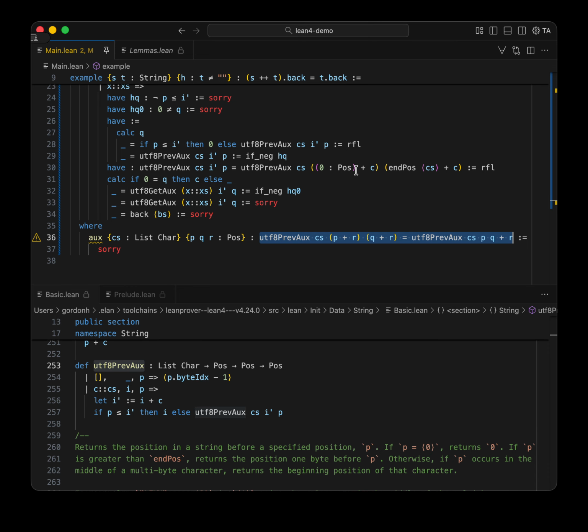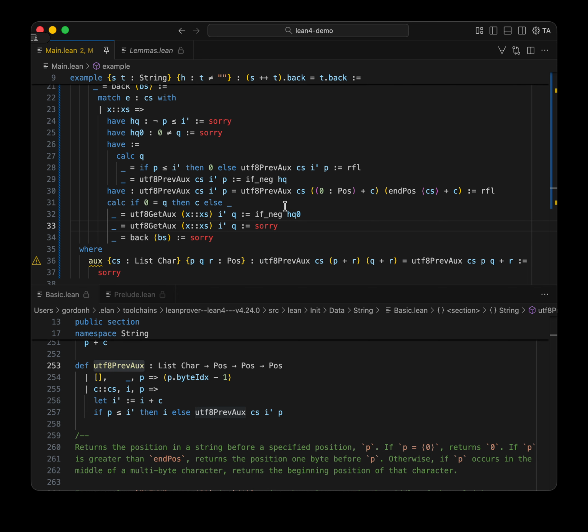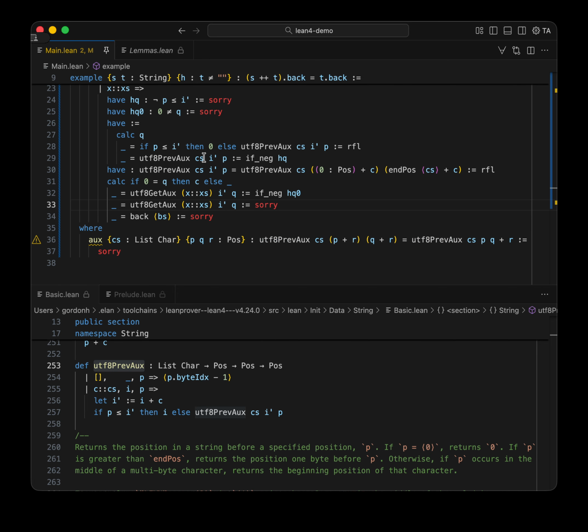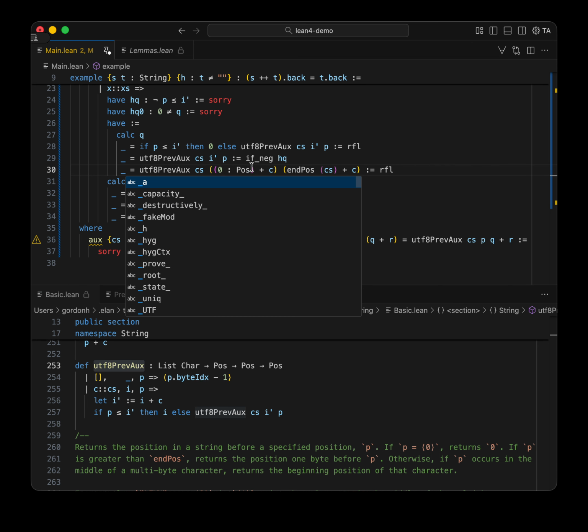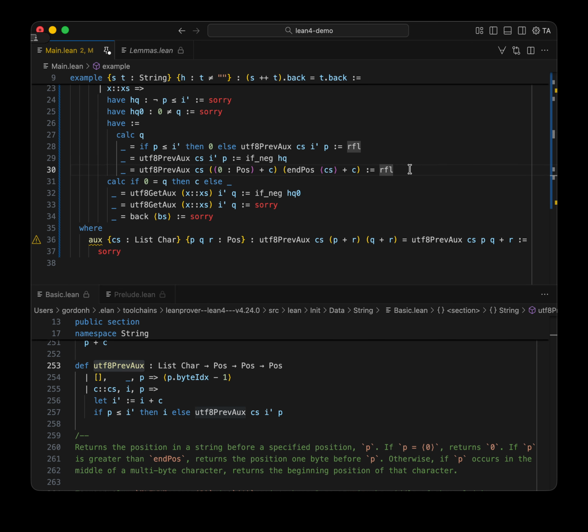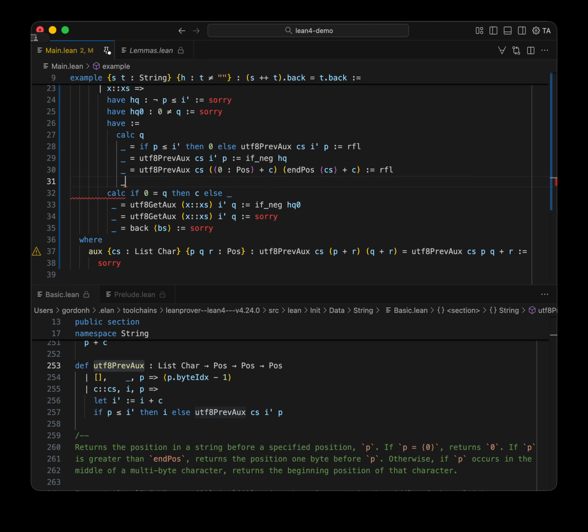And if this is true, then we will know that this reduces to